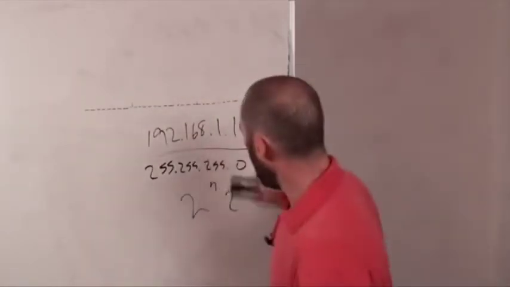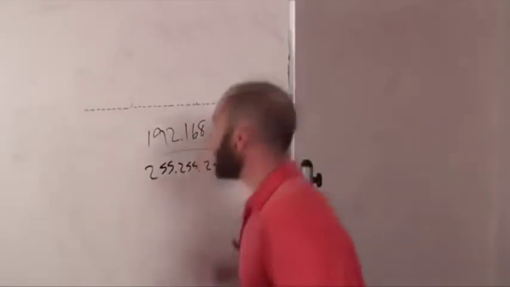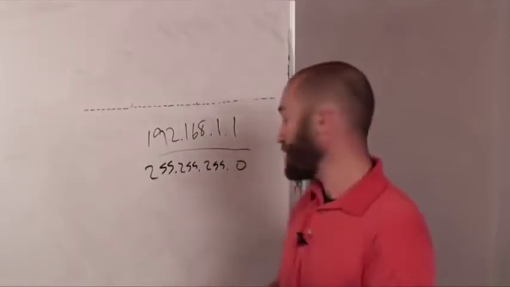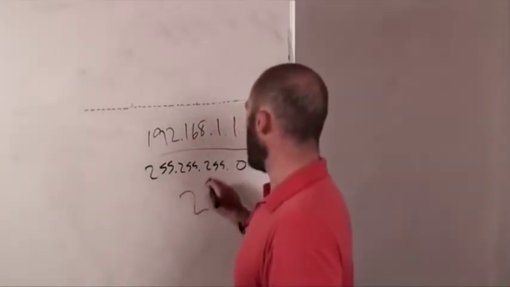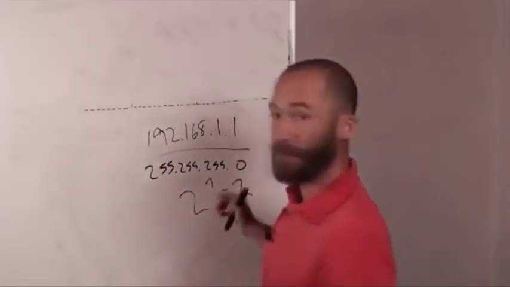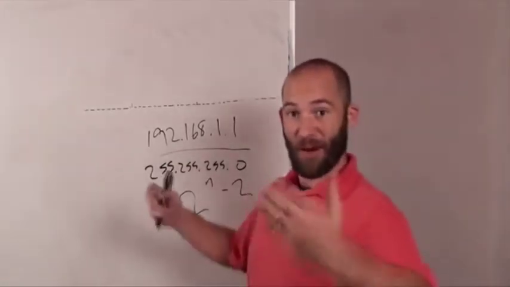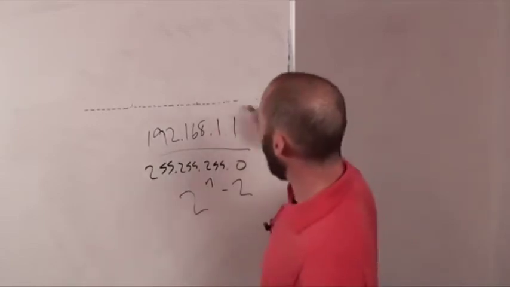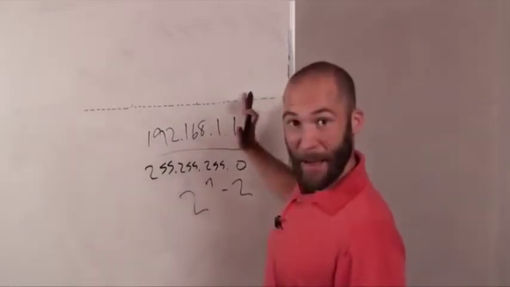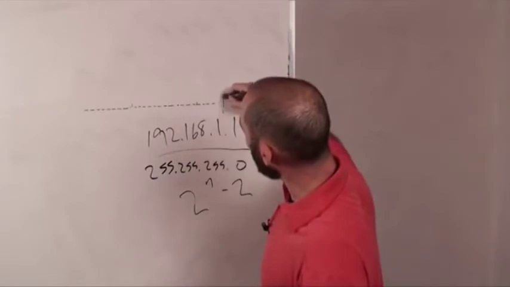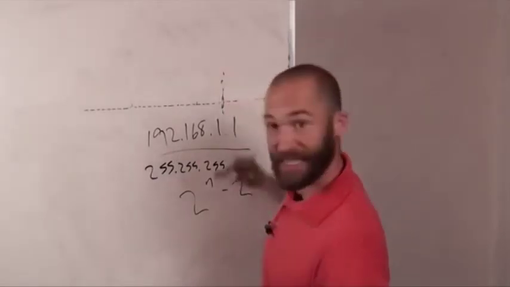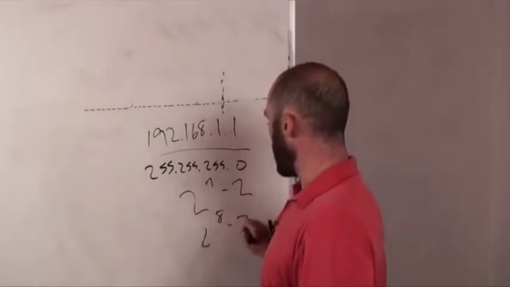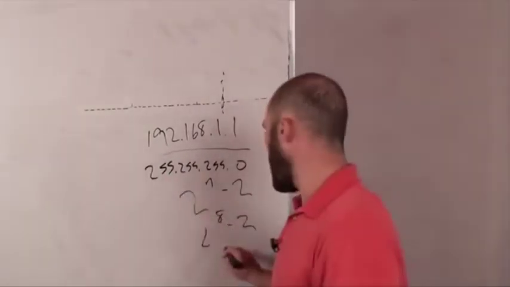Now, if we're trying to find hosts, so this way is for networks, this way is for hosts, you have 2^n minus 2. So let's say we wanted 254 hosts. That's a standard. That is using 8 bits from this first octet. So this is a class C subnet. So it would be 2 to the 8th minus 2, and I just know this by heart, which comes out to